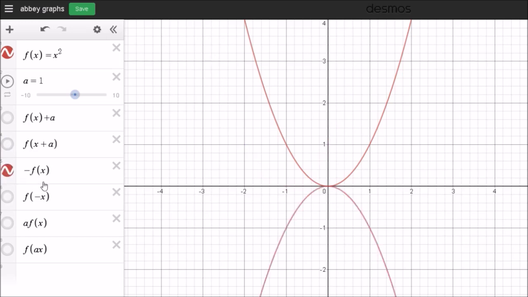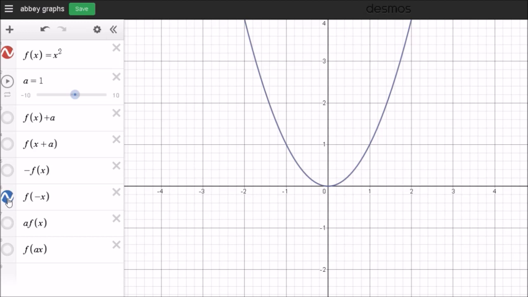So this is minus f of x, so every value for x now becomes the same value but with a minus sign. So for example, that height there 1 would become minus 1. That height there 1 would become minus 1. So that's equivalent to reflecting the whole function in the x-axis. Now if we look at f of minus x,